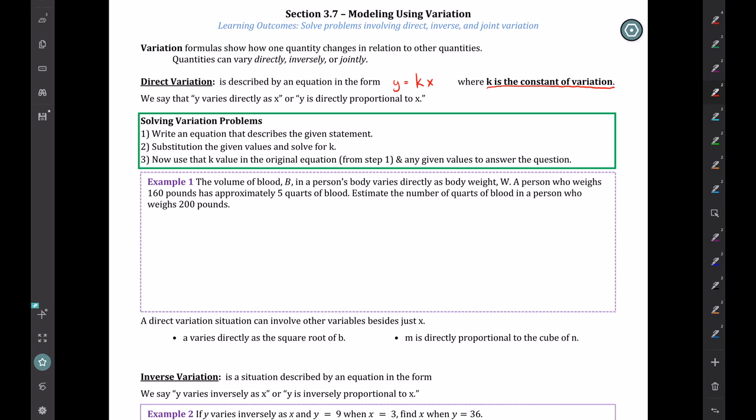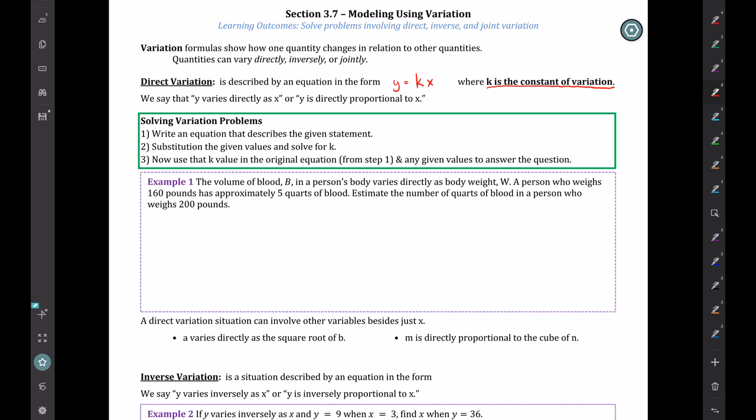Okay, today we're going to take a look at modeling problems using variation. So the idea is that we're going to solve direct, inverse, and joint variation problems. And the idea behind variation formulas is that you have two quantities that have some type of relationship with each other. Maybe it's like your height and your body mass index, or your weight and your body mass index,